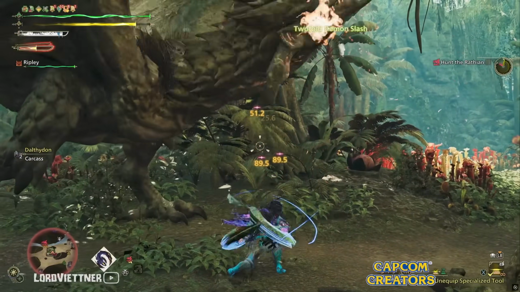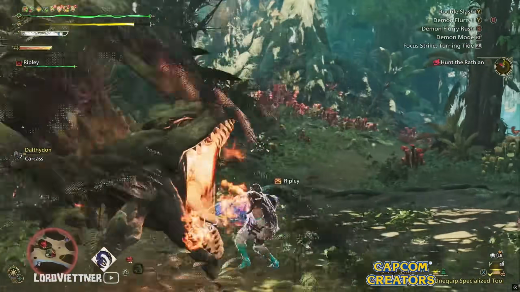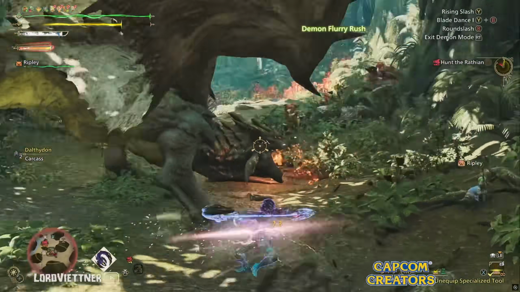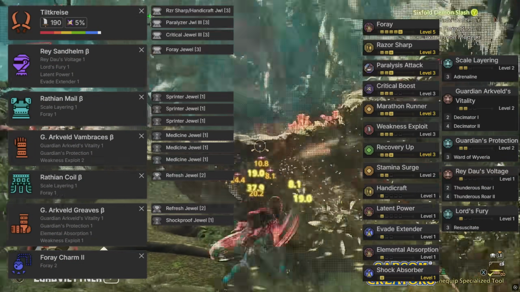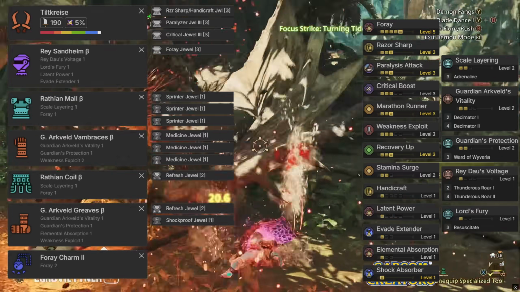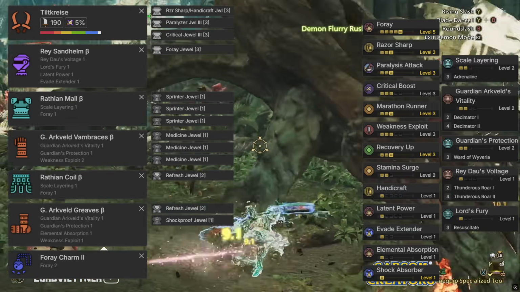If you want to go for element or if you want to go for status, that's totally fine. However, the idea for these is to be built around the paralysis weapons that I like to use. So with that said, the first set will be using, of course, the Ardian dual blades, as they have generally the best customization overall. I've slotted in a razor sharp / handicraft jewel, a paralyzer jewel level 3, and a